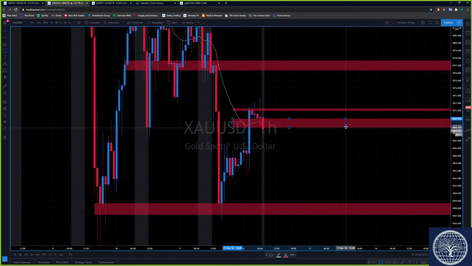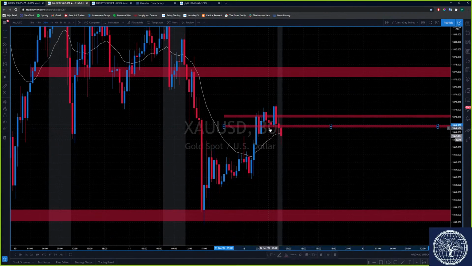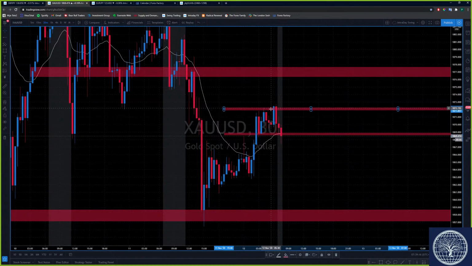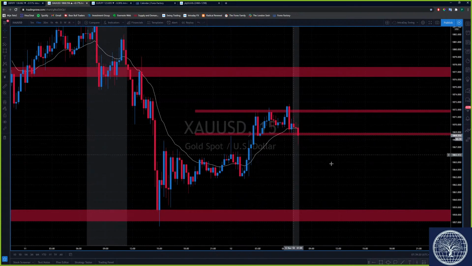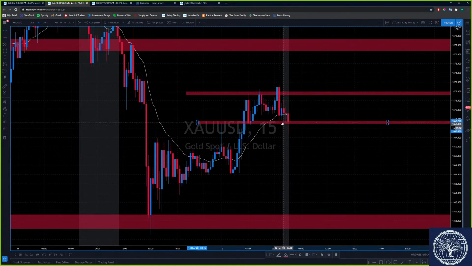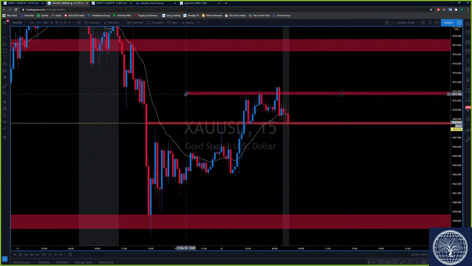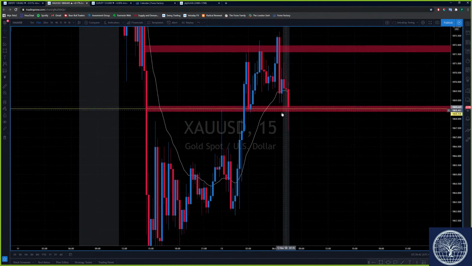And I think if we look on the lower time frame, gold was probably ranging. Yeah, something like that. You know, I think if this 15-minute candle can close below this level, I think there's a super high probability gold can continue down. Yeah, if this 15-minute